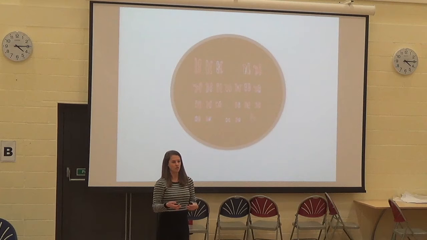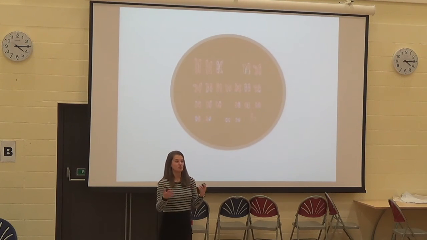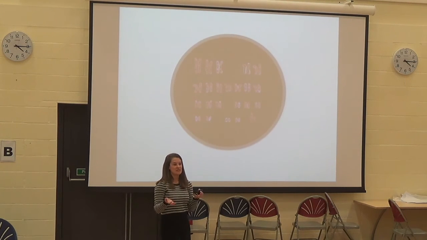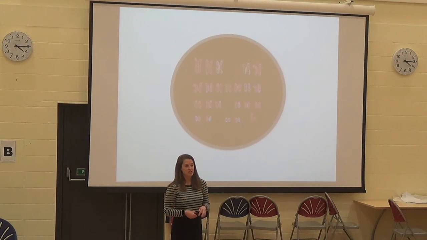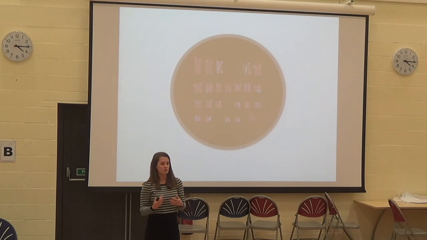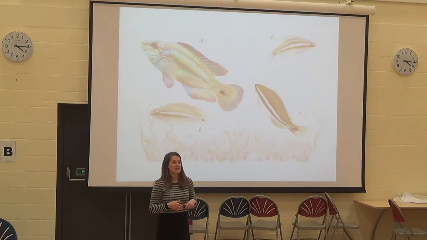So I spent that section talking about sex chromosomes, their evolution, and why we think that they might be really important for sexual dimorphism, and the evolution of beauty or attractiveness. However, you can see from this cell, the sex chromosomes are really small. There are loads of other chromosomes. And actually in many species, such as those with environmental sex determination, they don't have sex chromosomes. And so this poses a really fundamental problem for evolutionary biologists, which is: if males and females have exactly the same DNA and genome, how do sex differences ever actually arise if they have exactly the same genetic information? And so that was something that we were interested in starting to look at.